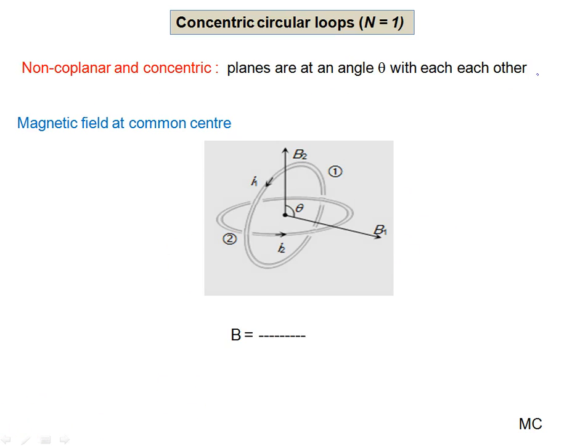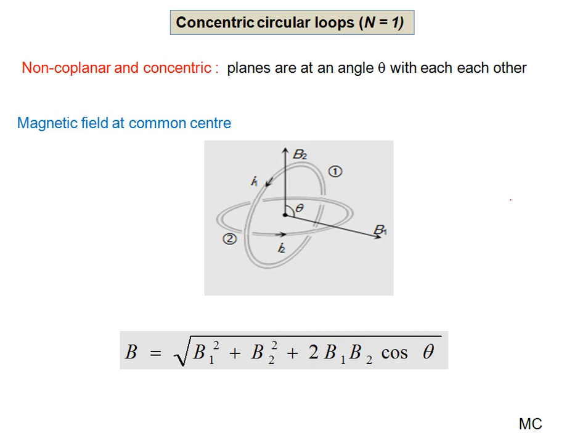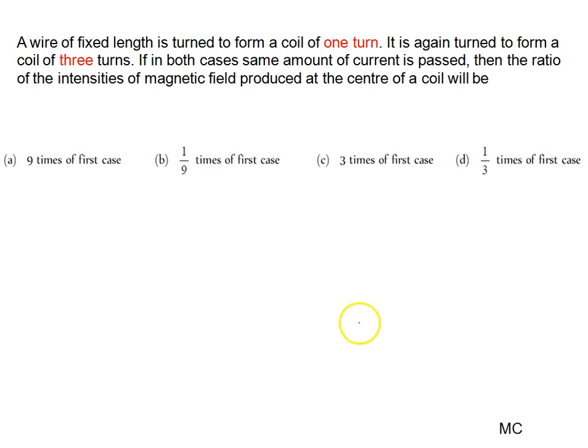Now all of you try to solve it. Here what we are observing, of course in magnitude we can calculate B1 and B2, but I think it is visible to all of you here, B1 and B2 are not perpendicular, they are inclined at some angle theta. So I think all of you can recall the law of parallelogram vector addition. There we use this formula, R equal to root of P square plus Q square plus 2PQ cos theta, and then you can solve it. So I am showing you in the next slide. All of you just check it. Calculate B1, calculate B2 and put the values here. You will get the required answer.